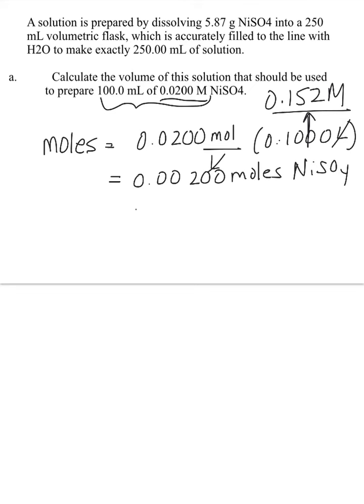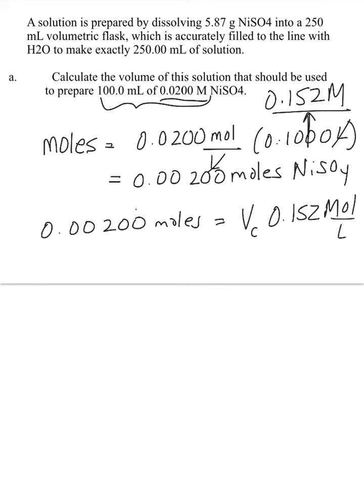So we need 0.00200 moles of nickel sulfate, and that's going to be coming from the volume of, I'll call it C for concentrated, the volume of the concentrated solution times the concentration of that concentrated solution, 0.152 molar. Remember, that's moles per liter. So if I have my volume in liters and I'm multiplying by moles per liter, the liters